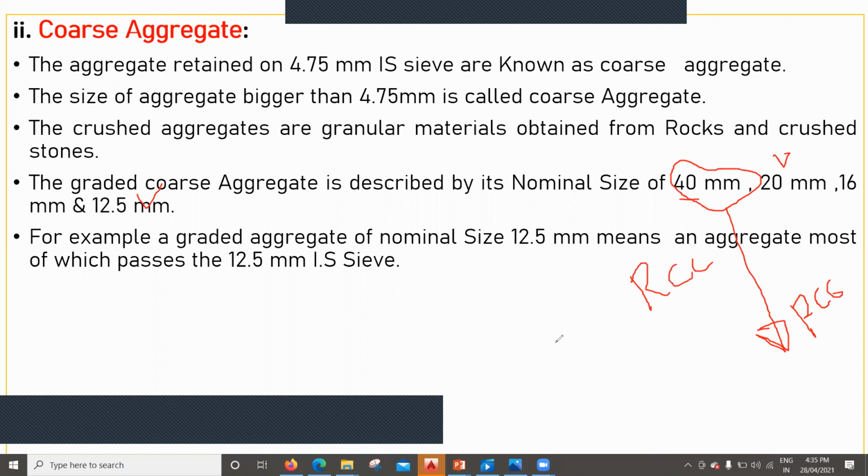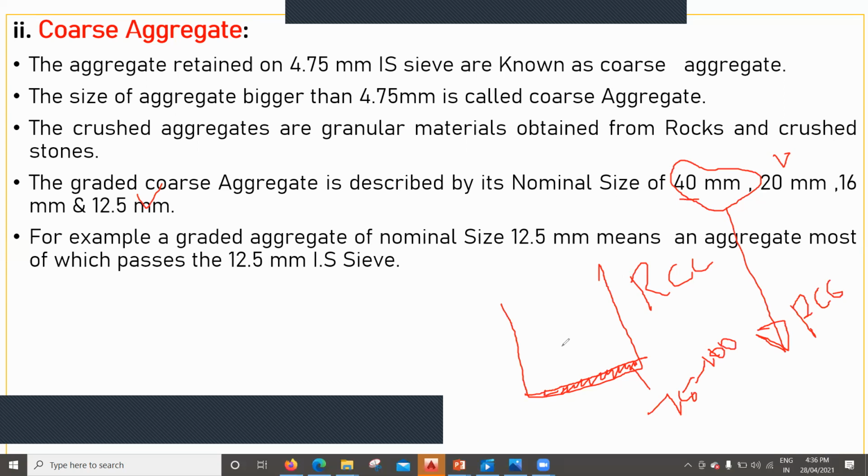If you see the construction activity, once we do the excavation, let us say this is a pit, then at the bottom we put one concrete layer, of 75 or 100 mm thickness. This layer we put is called PCC, and in that PCC we use this 40 mm coarse aggregate.